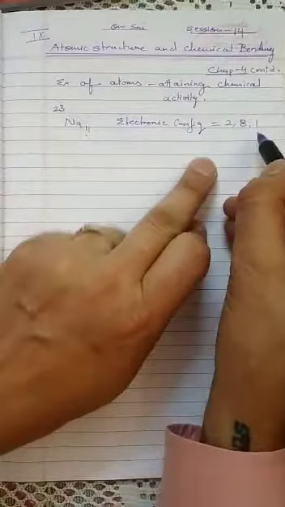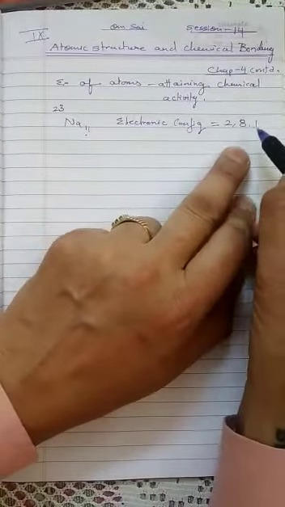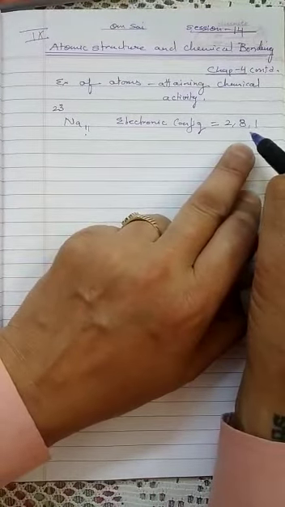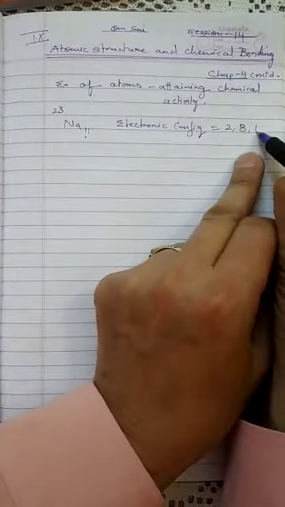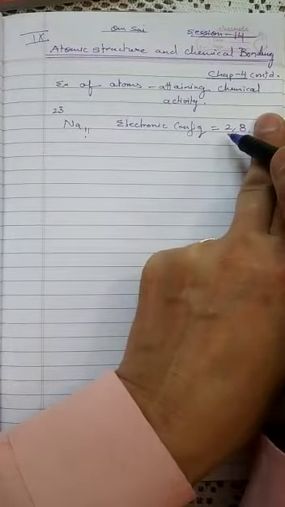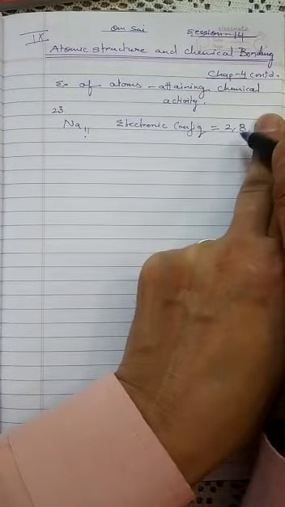Now, how will it gain stable electronic configuration? Stable means to have 8 electrons in their outermost shell. It will lose 1 electron. If it loses this electron, its electronic configuration will be 2, 8. Now the outermost shell will have 8 electrons, so it will become stable. So by loss of 1 electron from its valence shell, it will become stable, and it will form a cation. When sodium loses 1 electron, it forms the cation Na1+. It will carry 1 positive charge when it loses 1 electron, right?